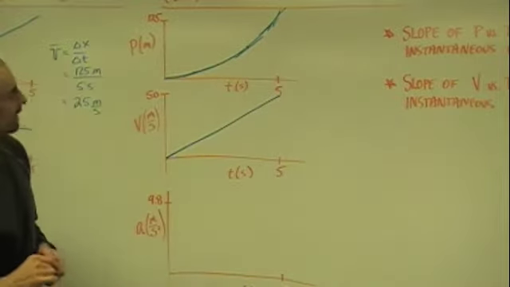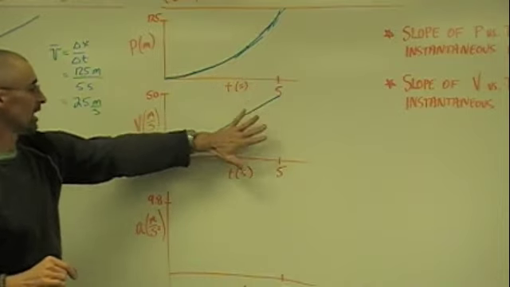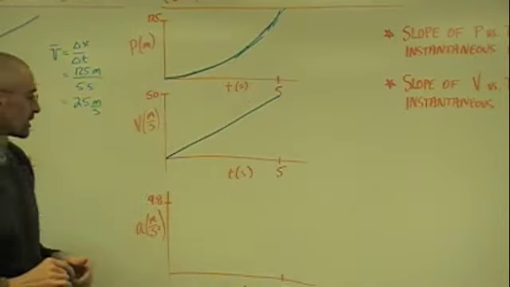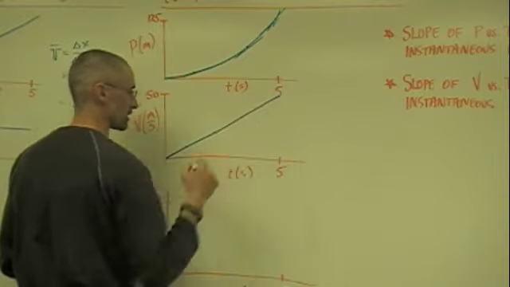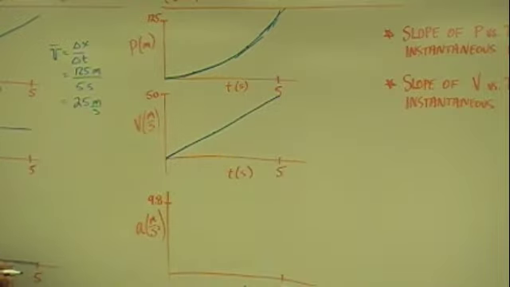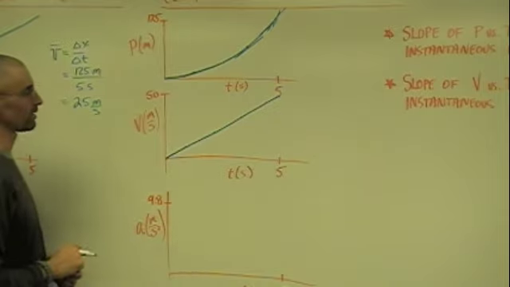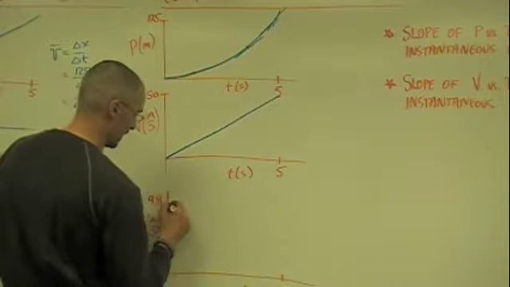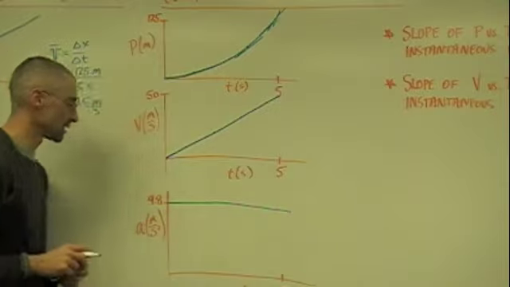Okay? And keeping in mind that the slope of this curve yields us the velocity, and the slope of the velocity versus time yields us the acceleration. So if we take the slope at any particular point here, we're going to get the instantaneous acceleration. And because that's linear, we know we have a constant slope. And if we were to be dropping an object on the Earth, it would be accelerating at a rate of about 9.8 meters per second squared. So in this example, we would get an acceleration that remains constant and stays at about